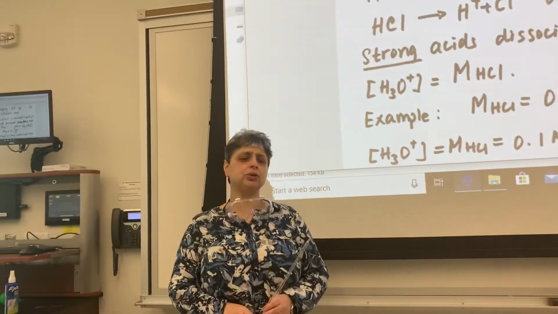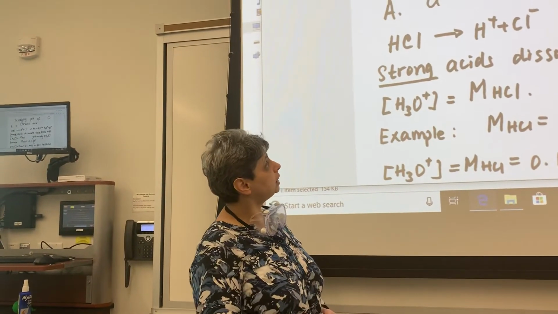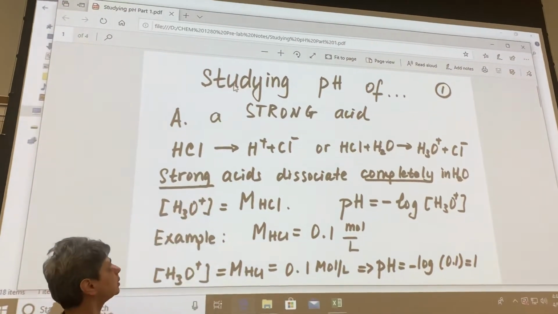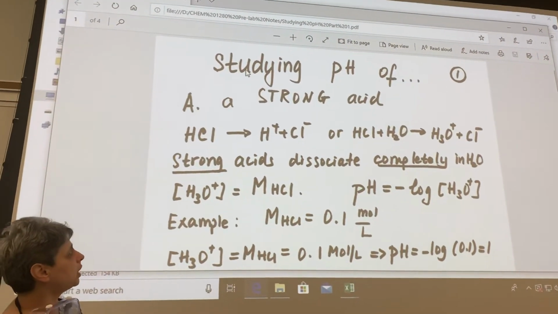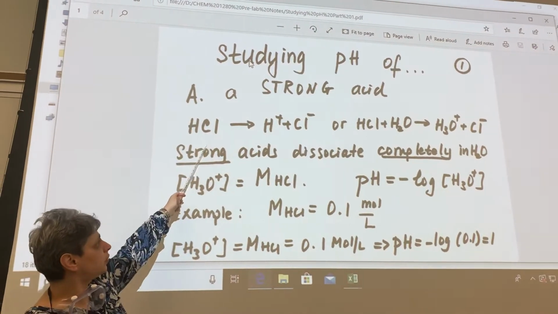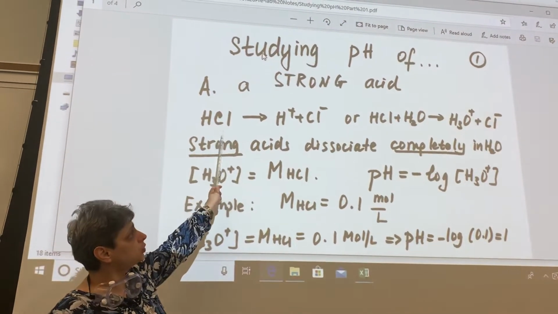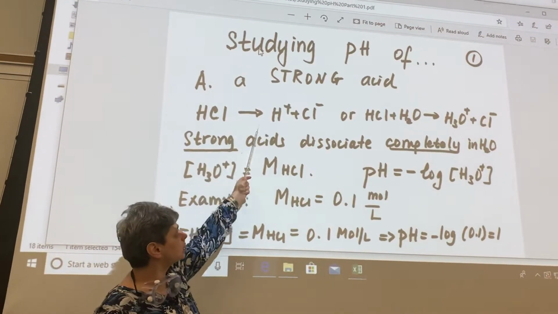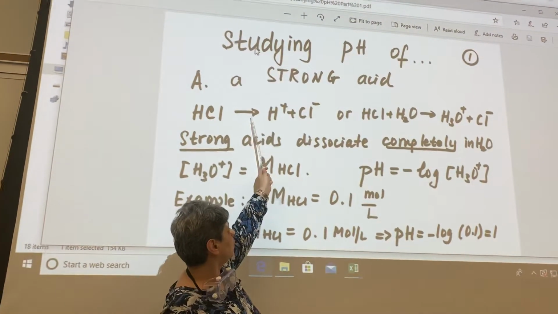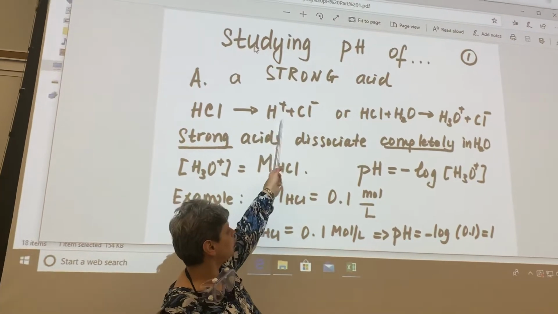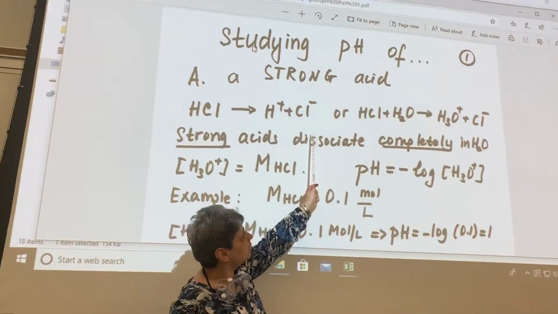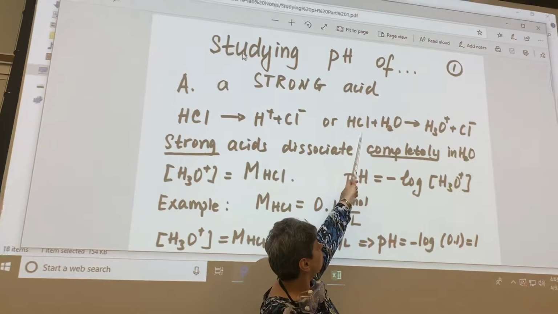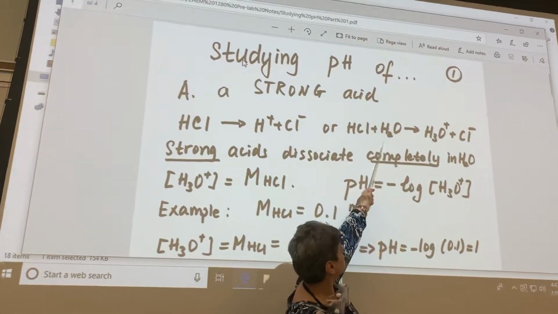So we're now talking about studying pH, and the first portion of the discussion is strong acid. As an example of a strong acid, we have hydrochloric acid over here, and I'm showing what happens to HCl in water in two different ways. This is just a simplified version of it, dissociation producing hydrogen ion and chloride ion. This is the same reaction but in a more sophisticated way, which shows how HCl actually reacts with water, donates